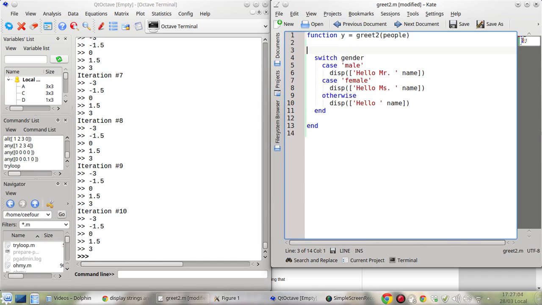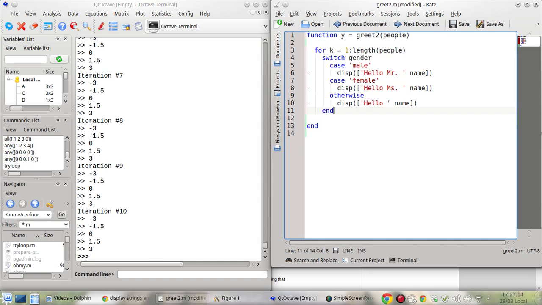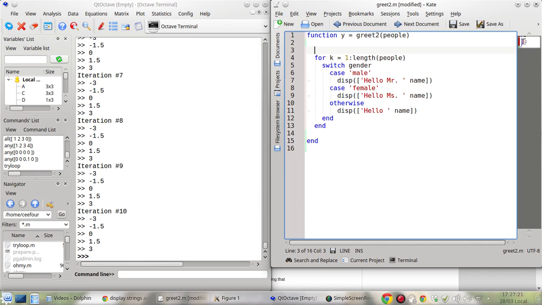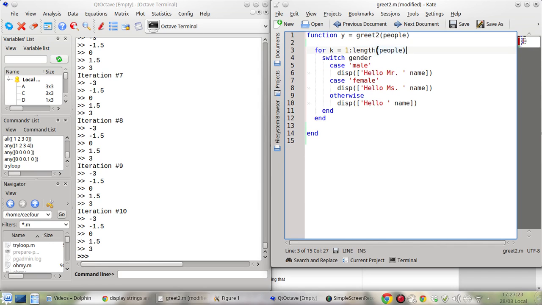So we can do for k from 1 to length of people, and then we do a switch here. Now we will return. Okay, we can just do this,